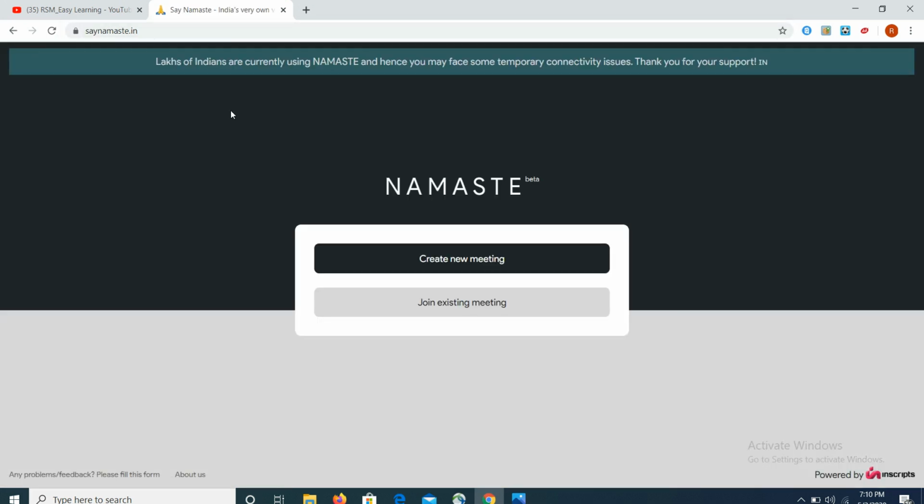It will be navigating us to the Say Namaste application interface. As we see, currently this interface is available in beta version. Most of its features are still under development. This platform is powered by Mumbai-based web application and software development company called Inscripts.